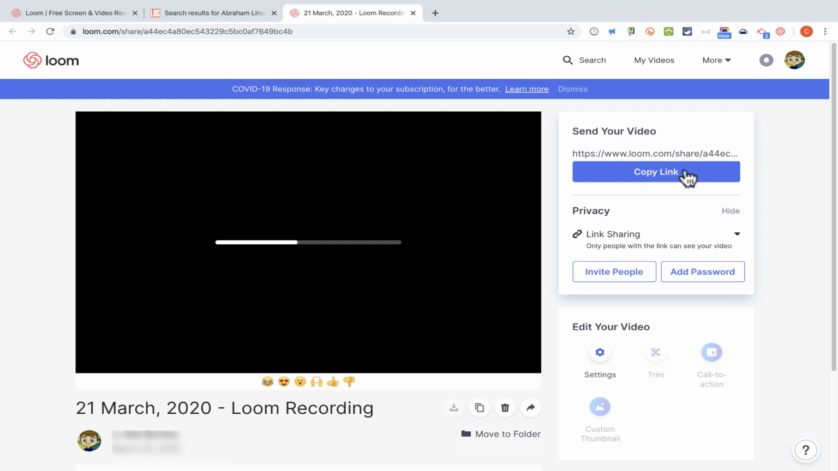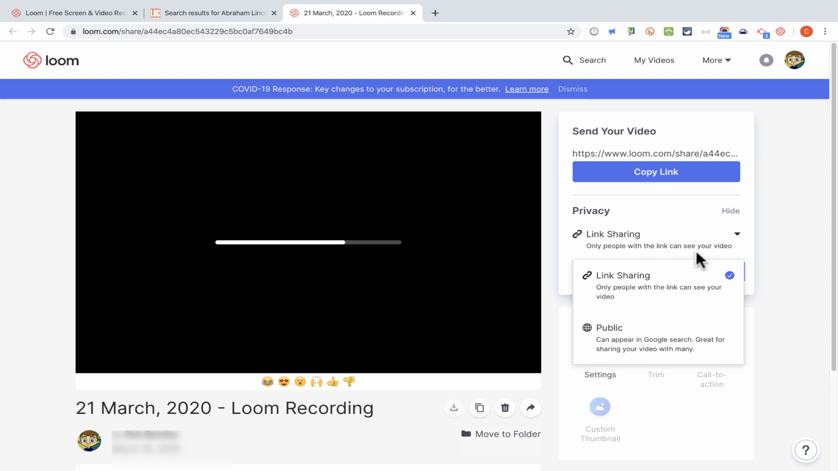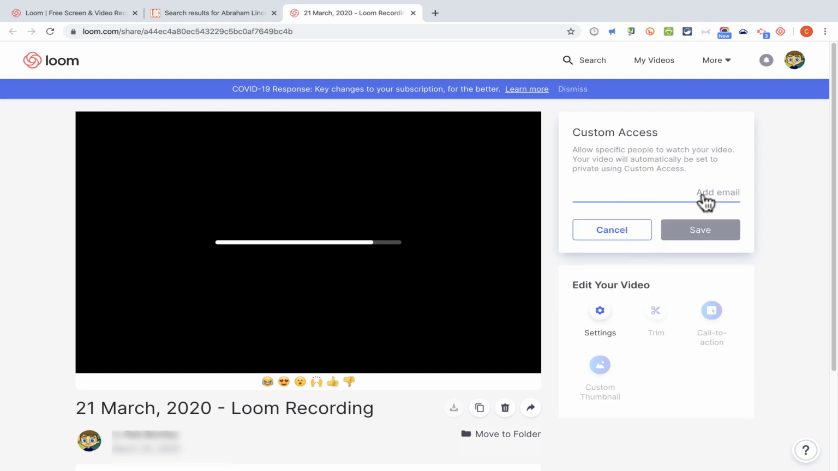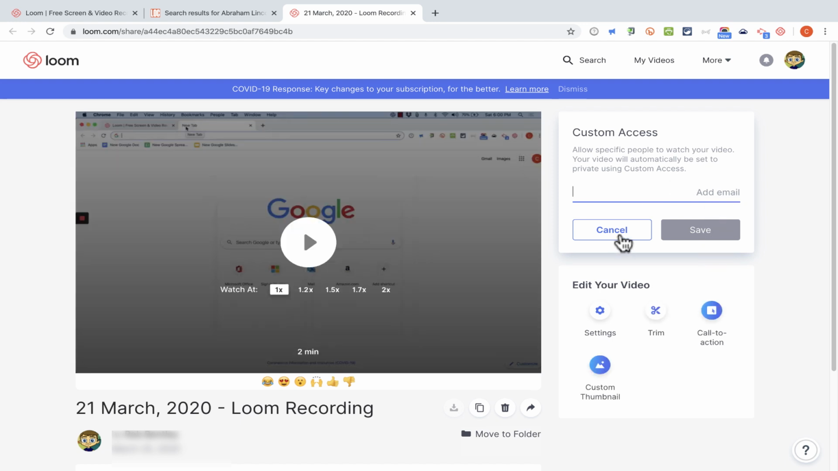You can copy a link to the video. It's also possible to change privacy options here. Right now, only people with the link can see the video. If I want to change that, I can click to switch to public. My video could show up in Google searches if I set it to be public. You can also click Invite People to put specific people's email addresses into this text box and give them special